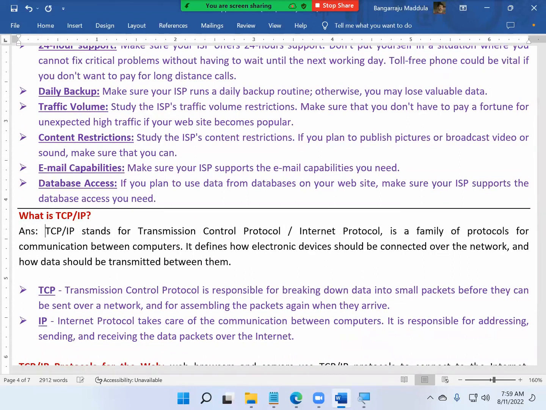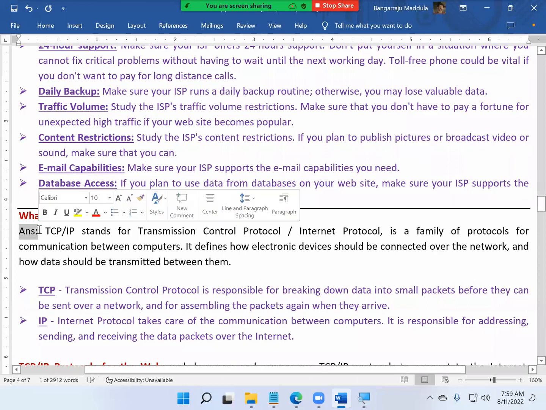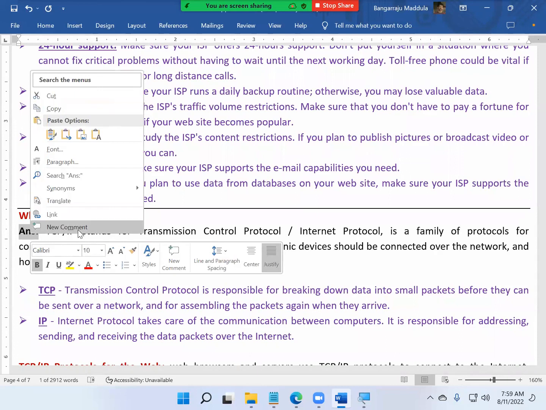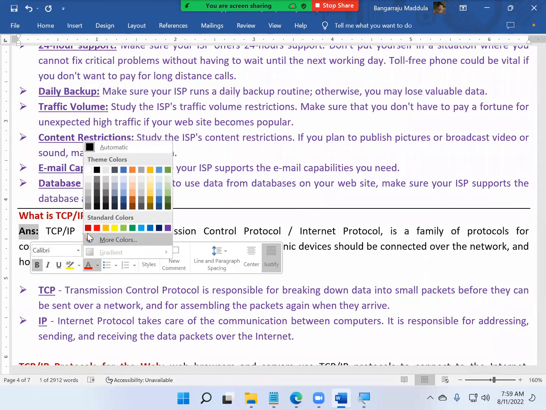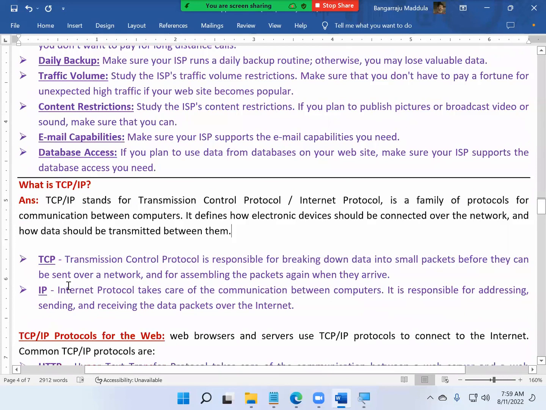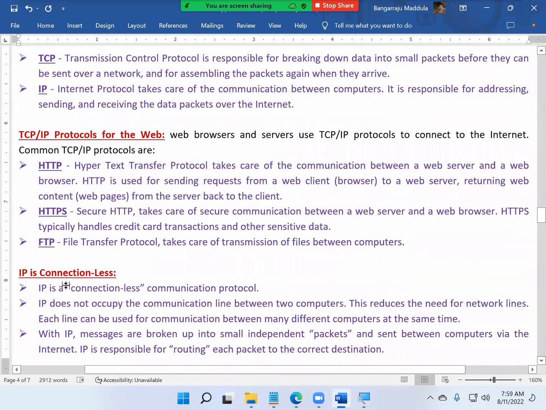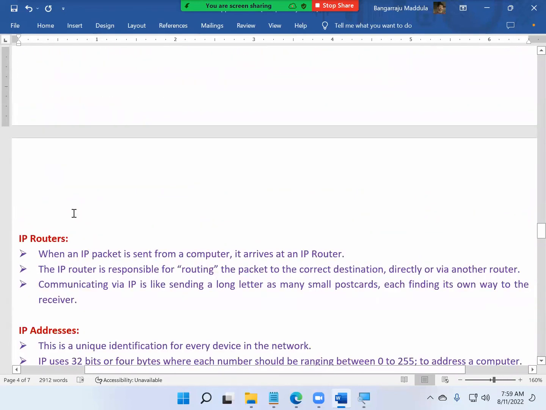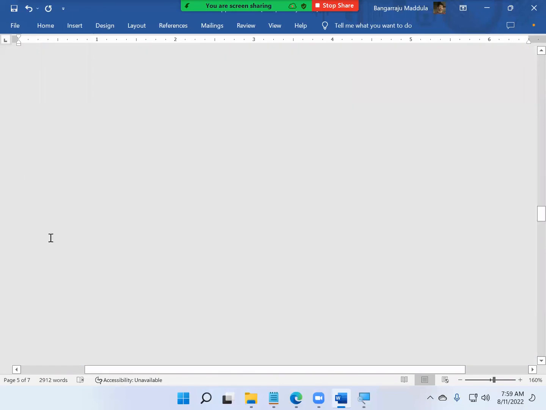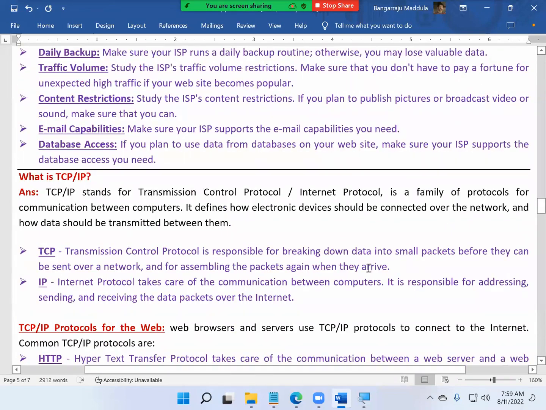Yesterday, day before yesterday, we were talking about this. What is TCP/IP? I said, your TCP/IP. What does it stand for? Transmission Control Protocol and Internet Protocol. And I asked you, what is the responsibility of TCP and what is the responsibility of IP? Remember that? Okay. So these are actually two important protocols that we generally come across or use in the internet. One is the TCP/IP here. So what is TCP/IP?